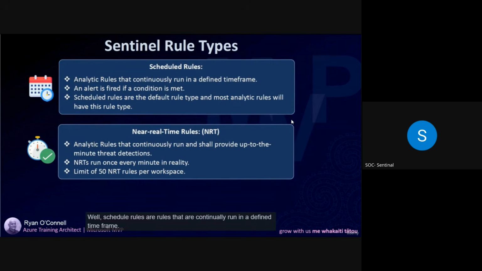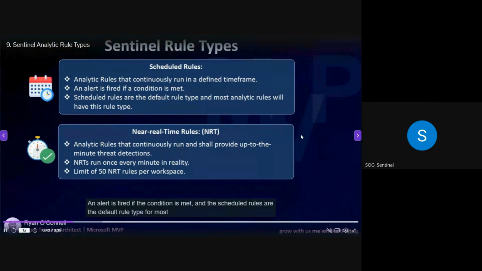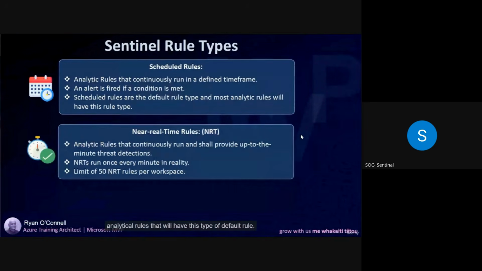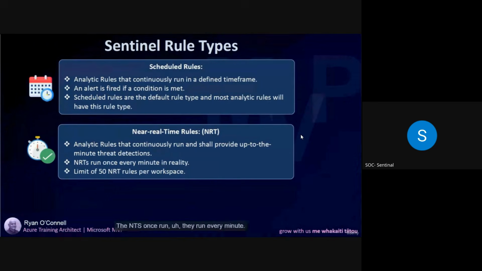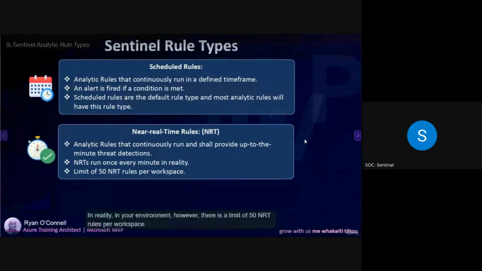You see here a scheduled rule we will be working on, and also the near real time rules. I'm going to give you exposure on both of these things. Like you see this, limit for 50 NRT rule for workspace. So basically how do you differentiate this, if you look at